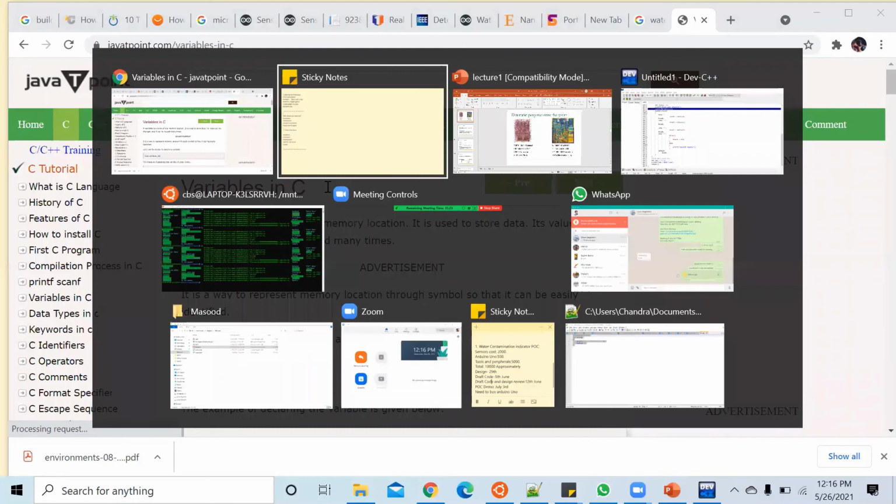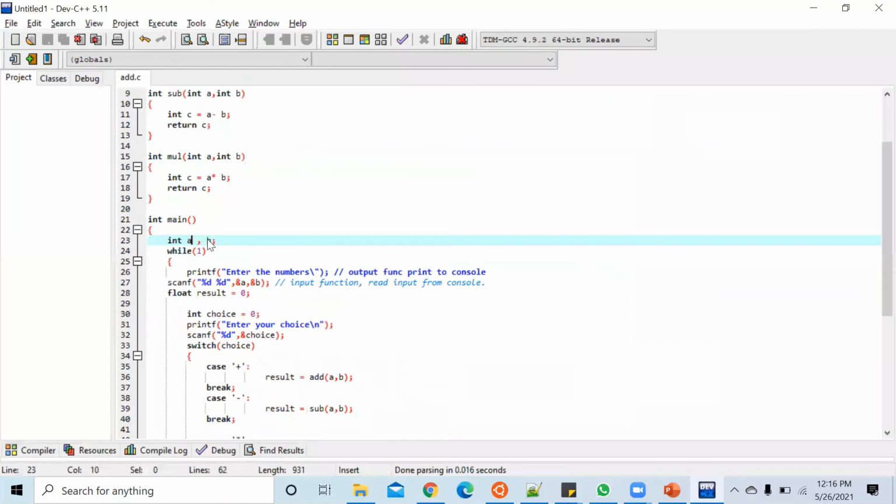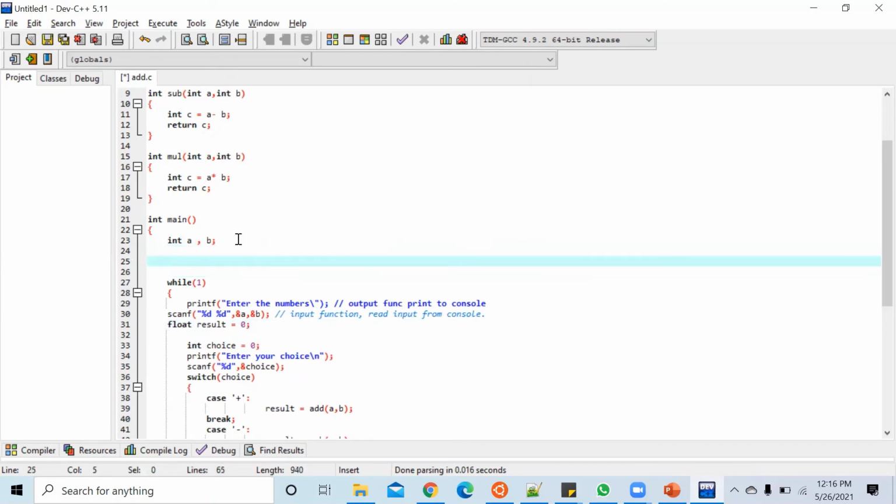So in this code, A and B are the variables here. Float result is also a variable. A variable is nothing but anything which can hold a value. A can hold an integer value, B can hold an integer value, and result can hold a decimal value, I mean floating point numbers. You know how we are declaring, right? If you want to generalize this declaration, I will specify the type name and the name of the variable. So this is a general format.